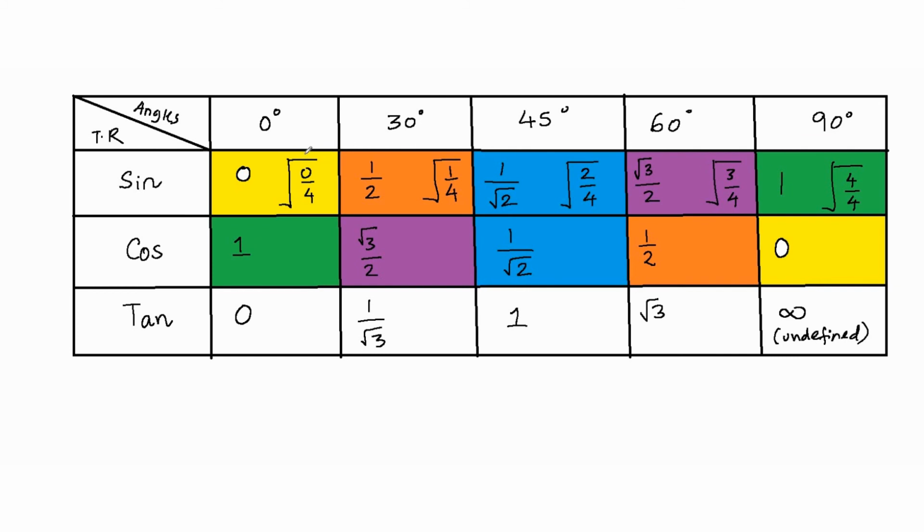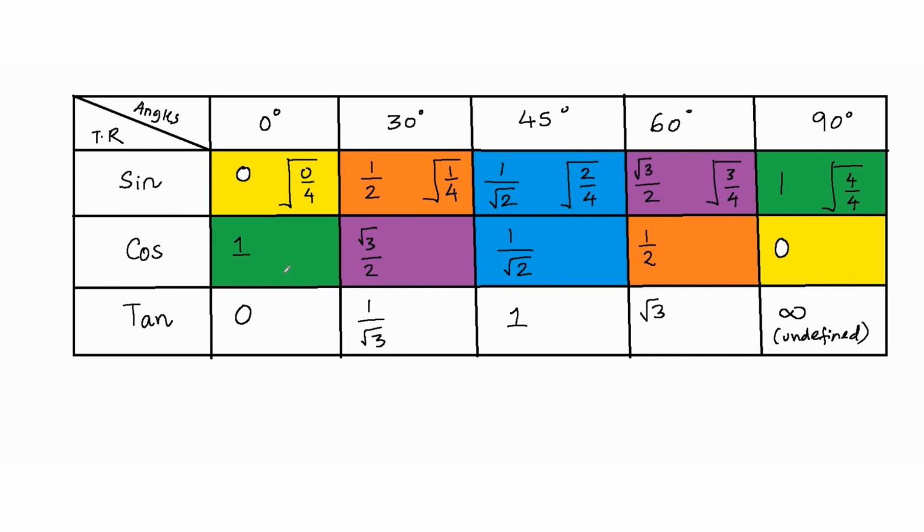So this is how you can use square root of 0 by 4, square root of 1 by 4. So 0, 1, 2, 3, 4 are basically the column numbers. So if you can correlate the columns with the angles, then it is going to be really easy to calculate these trigonometric ratios. And cos is the exact opposite of sine. Now, how can we find